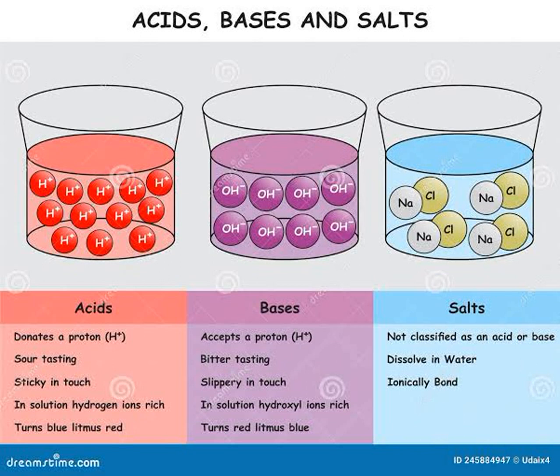Lewis' definition of an acid: according to G. N. Lewis, an acid is simply a substance that accepts an electron pair, while a base is a substance that donates an electron pair. A typical example is hydrogen ion and hydroxide ion. Hydrogen ion is the acid, hydroxide ion is the base.